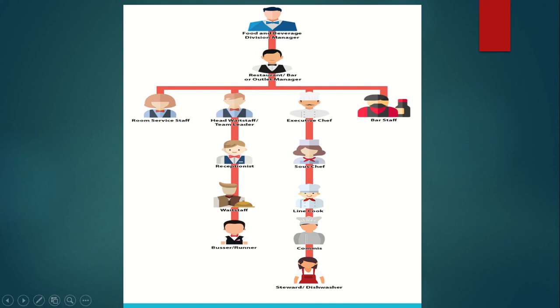For the bus runner, they act as a runner and helper in the bar. For the sous chef, they lead the kitchen in the absence of the executive chef. For the line cook, it is the junior